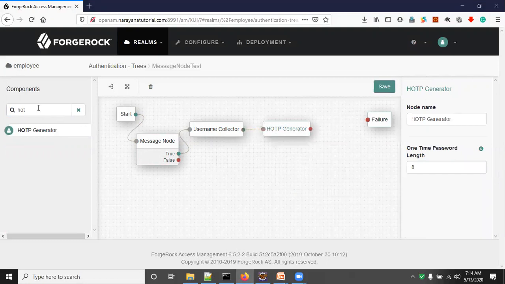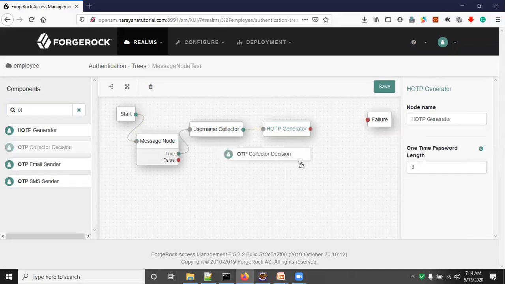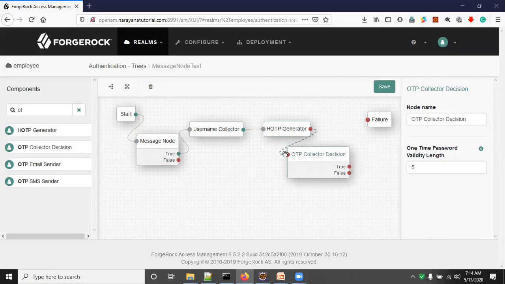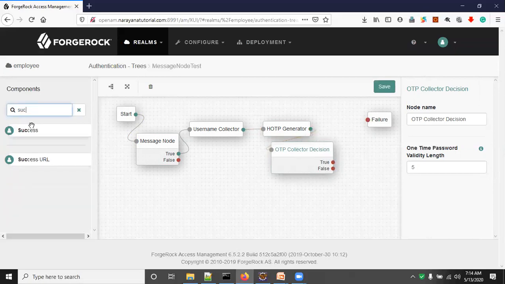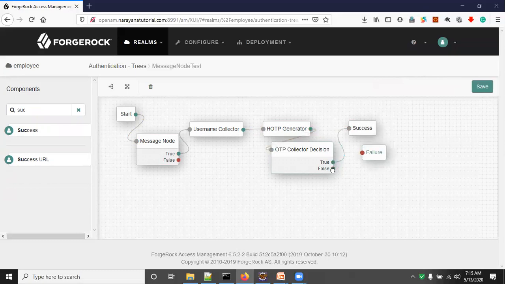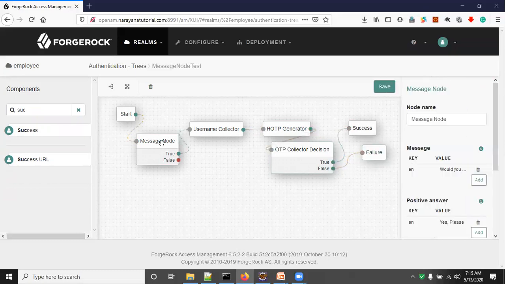After OTP generation, we have to validate the OTP, that is the OTP collector decision. The OTP has true or false outcomes. If it is true, go to the success node. If it is false, go to failure. So this is login with OTP.